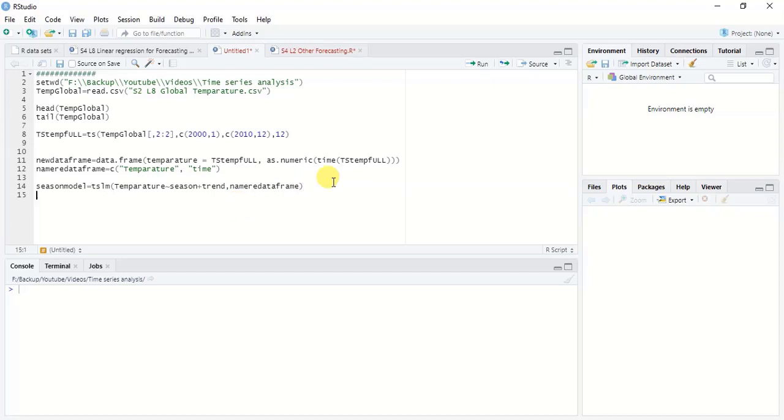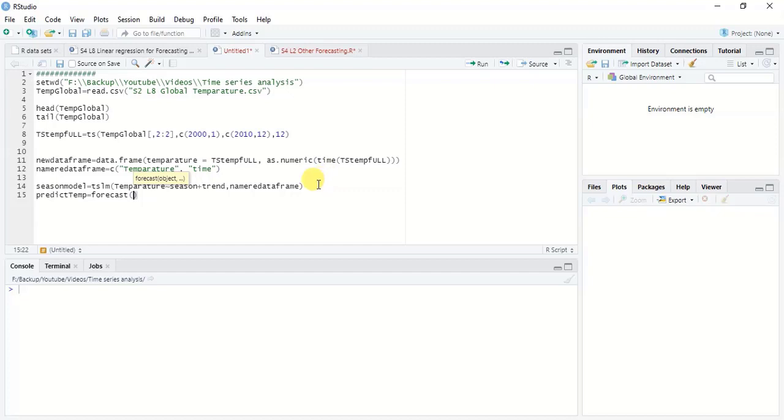In order to forecast, we can call the forecast function. For this example, I am going to forecast values of temperature over the next 2 years. For that we can create a new variable, and I am going to name it predict temp, and then we can call the forecast function.